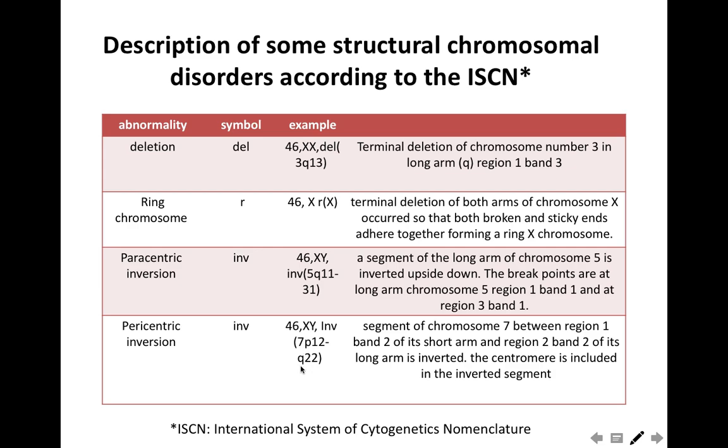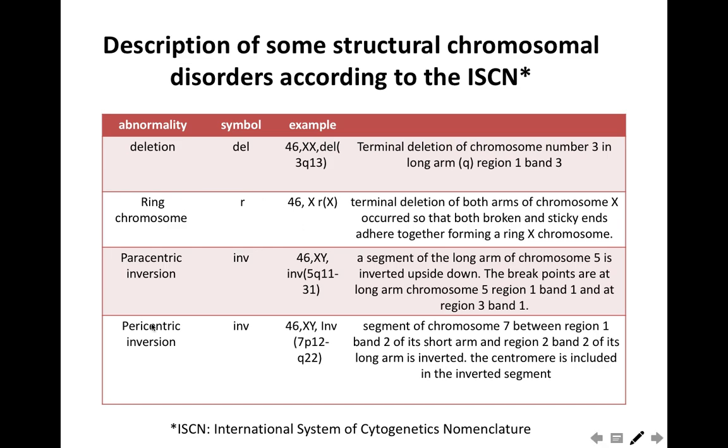بما ان التو بريكس حصلوا one in the P arm and one in the Q arm، يبقى الجزء اللي هيحصل له reversal of direction هيلف ويرجع يلزق تاني includes السنترومير. يبقى في الحالة دي ال type of inversion is pericentric. Peri means around، يعني around the centromere، يبقى السنترومير موجود في الجزء اللي حصل فيه الانفرشن. تمام؟